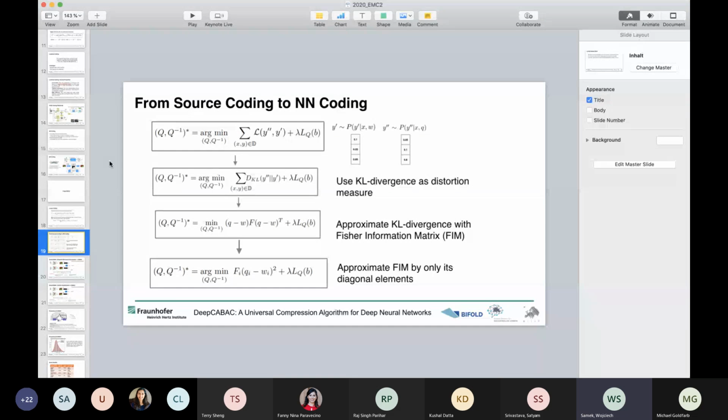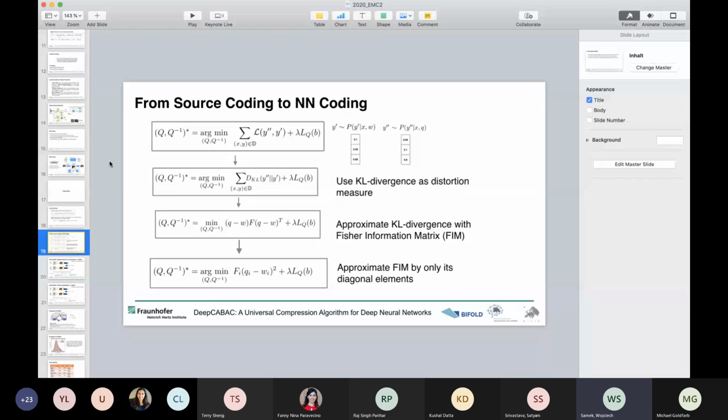We want to find some quantizer Q so that the loss between the output of our unquantized neural network, represented by y dash, and the output of our quantized neural network, y double dash, is minimal, but you also have some rate term which measures the length of